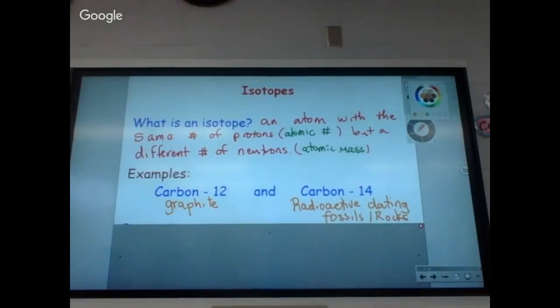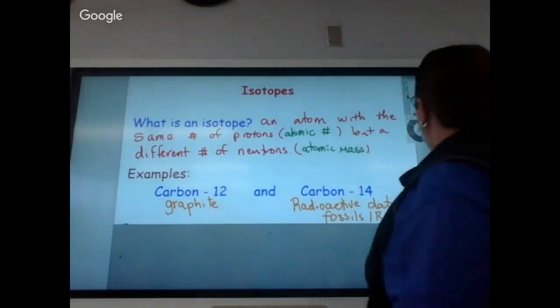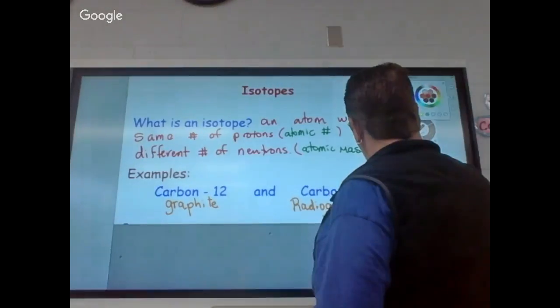I think we can agree that carbon 14 and carbon 12 are not the same thing, right? One's radioactive. You want to write with radioactive pencils? Well, I guess we could, but most of us don't want to be exposed to too much radiation. So, we just generally don't work with carbon 12 and carbon 14. So, what things do they have in common? Well, if this is their mass,